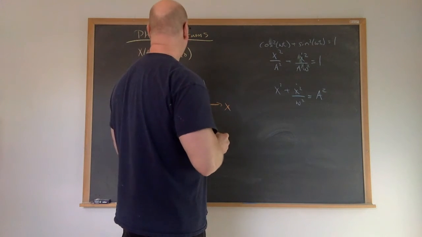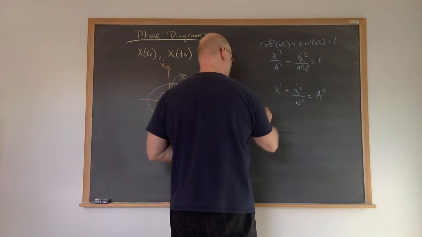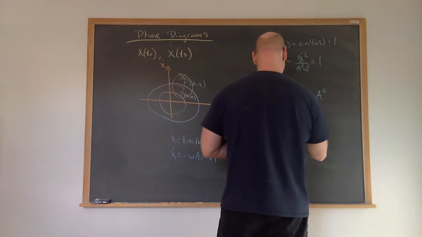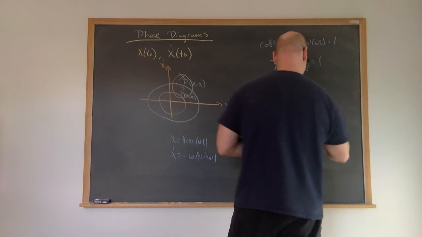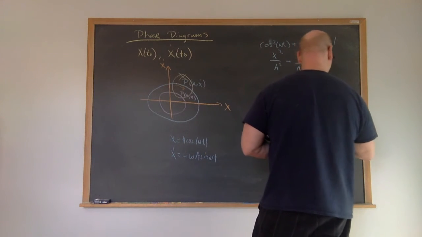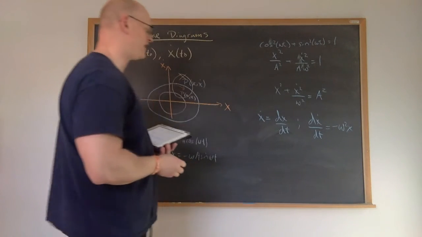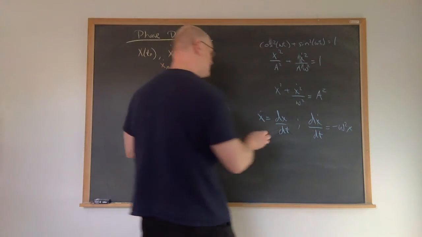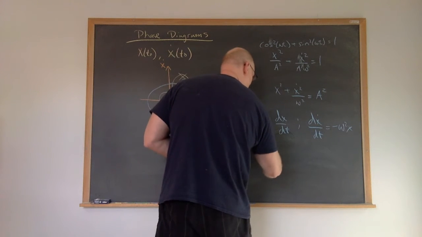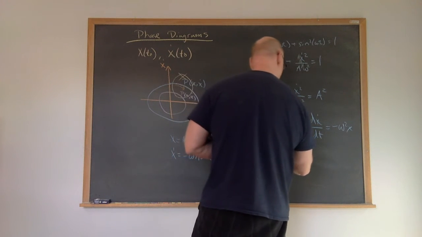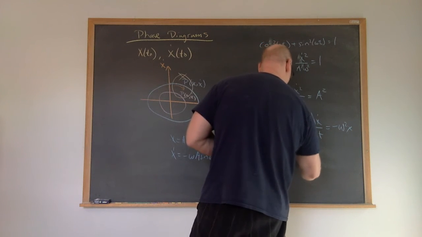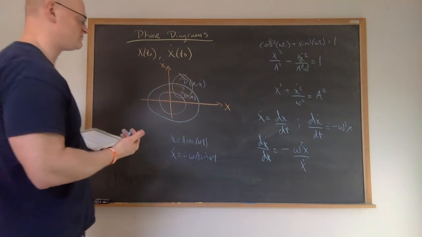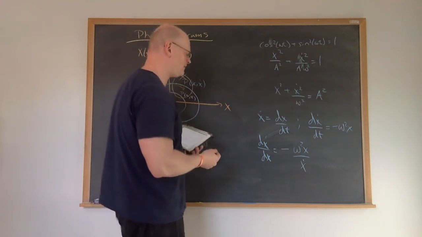Another thing we can write here is that x dot is equal to dx/dt. And we also have that dx dot/dt, which is just the acceleration, is equal to minus omega squared x. Now, if I take these two expressions and divide them by each other, this gives me dx dot divided by dx equal to minus omega squared x divided by x dot. So this constitutes a first order differential equation,